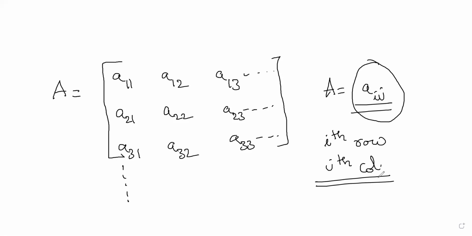Ith row and jth column. Clear, sir. Okay, very good. Now we have some small problems based upon positions of the matrix. So how the questions will be: